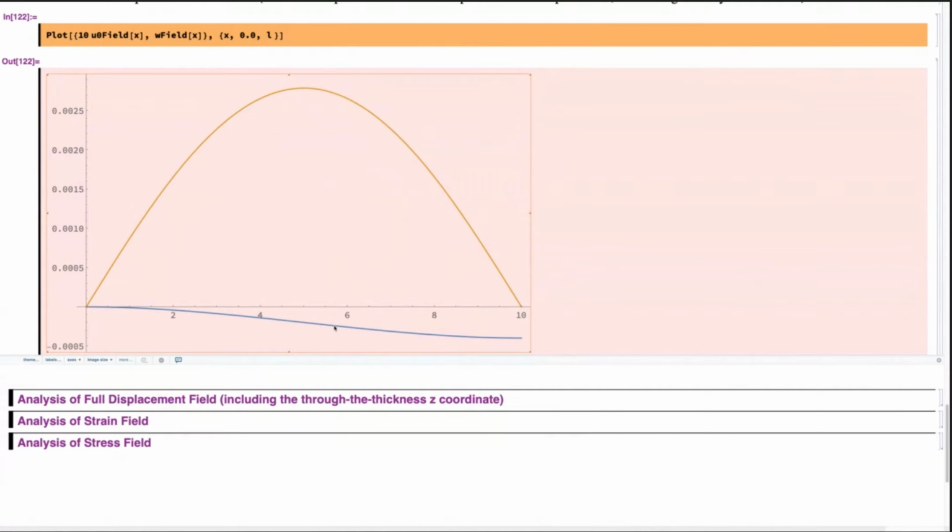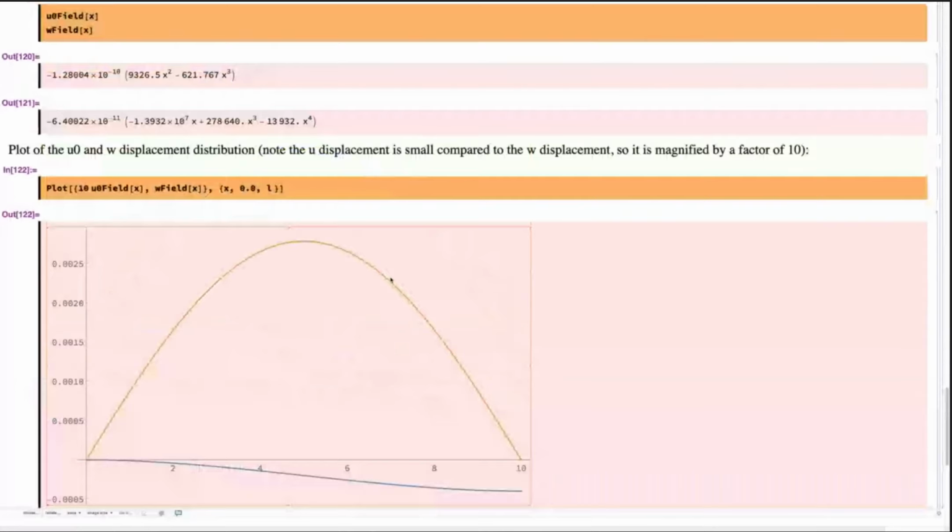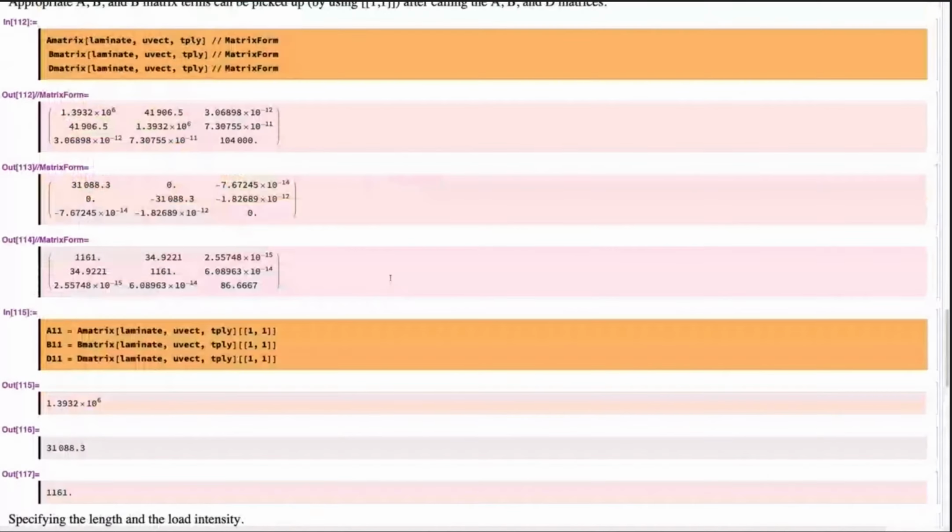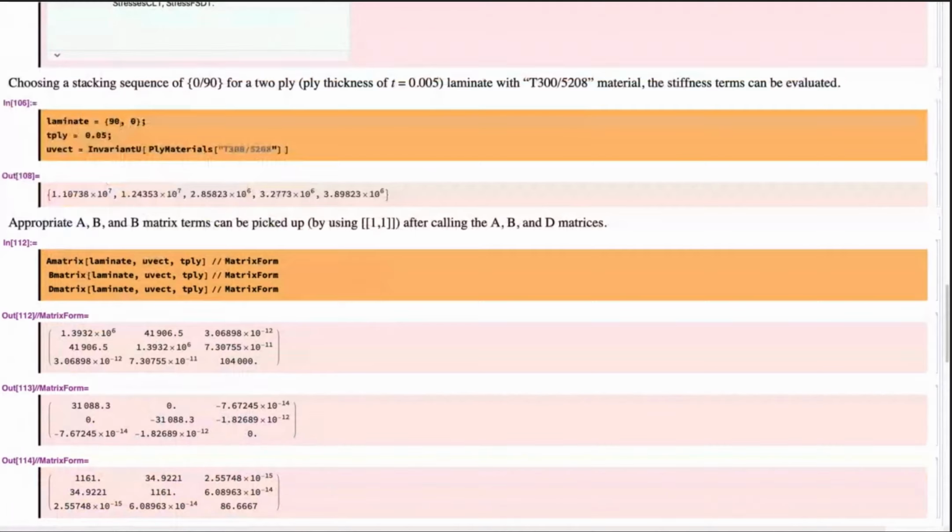These are small displacements, and because of the geometry, there is no shrinking. Although you can say that, oh yeah, this is bending, so it has to shrink. This displacement U is not because of that, since we are assuming very small displacements. This is actually completely due to the coupling between the U and W displacements. In fact, if you want to see it, I can come back here and make it